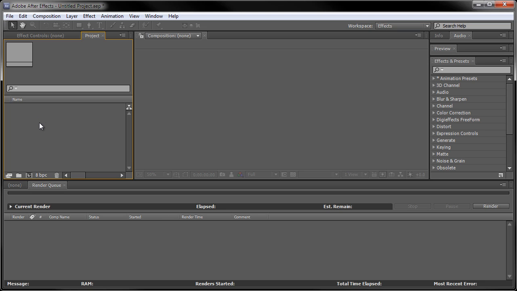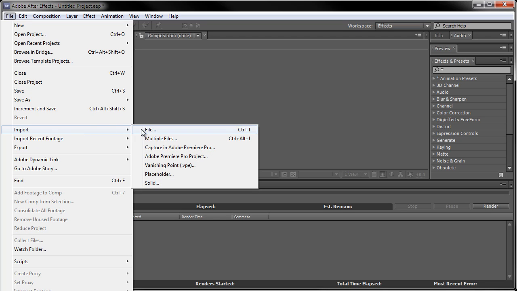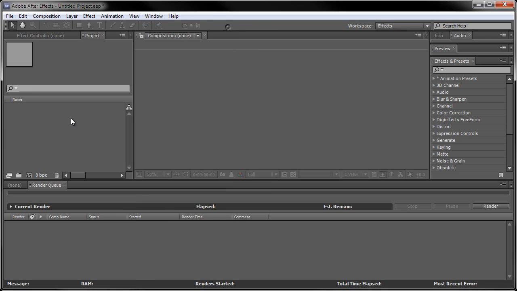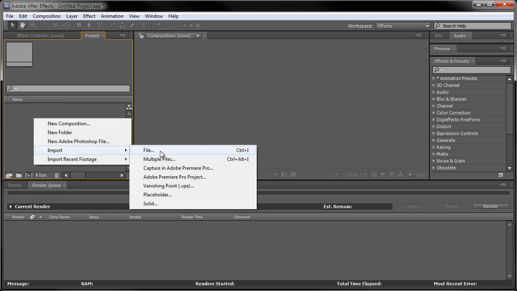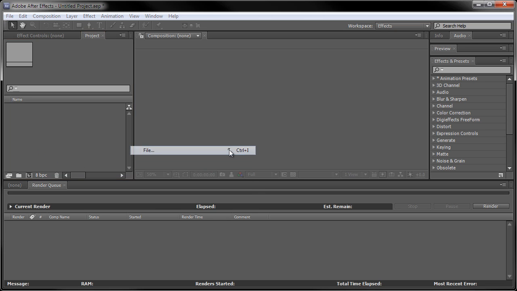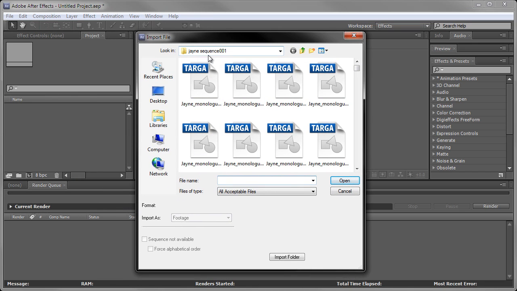Now it's not really the same as setting a project folder in Maya, okay, but you'll see what happens in a second. What I can do is go to File, Import, File. Or I can right click in the project bin just here and select Import File. The shortcut's Control or Command I. So let's do that. When I do that, you can see here it pops up directly into my folder